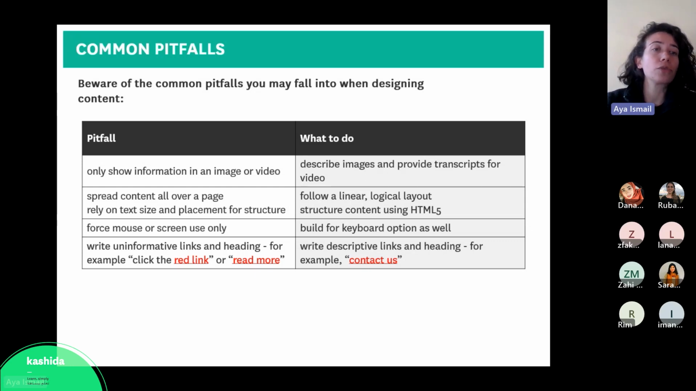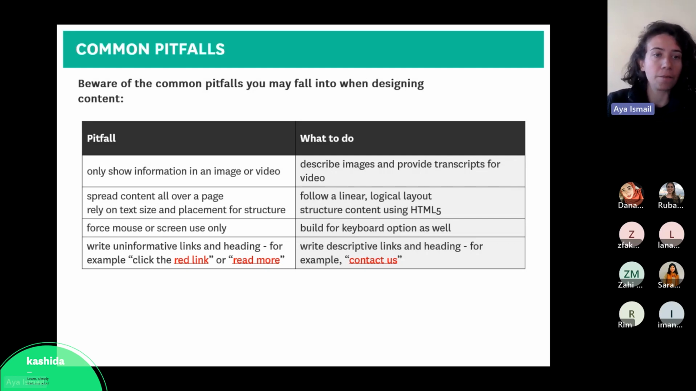Another pitfall is to spread content all over a page. So organize content very nicely on a page, then rely on the text sizes or placement or even colors in order to divide the content. But in fact, people with visual impairments would not be able to follow that. Instead, what we need to do is to follow a linear and logical layout structure with the HTML5. So basically giving labels and saying heading level 1, heading level 2. So this kind of